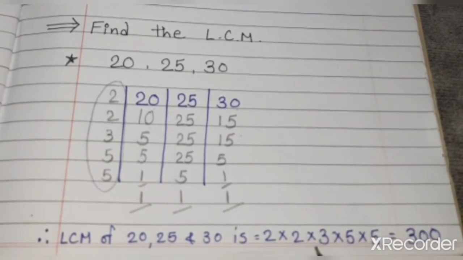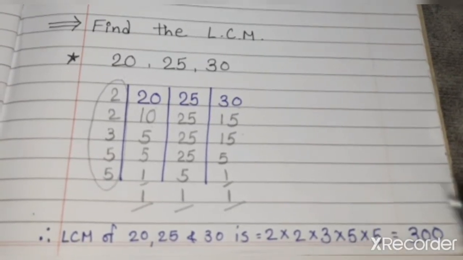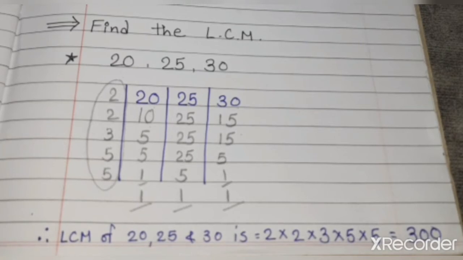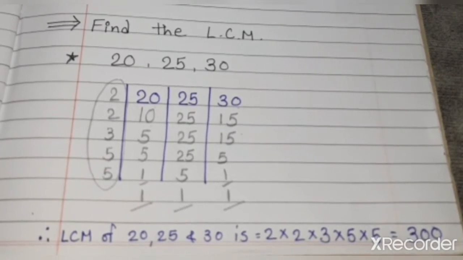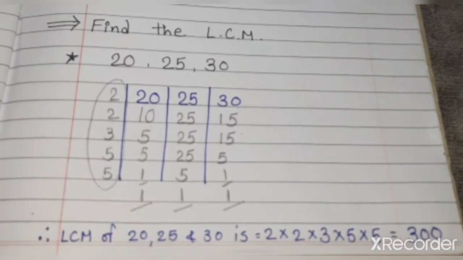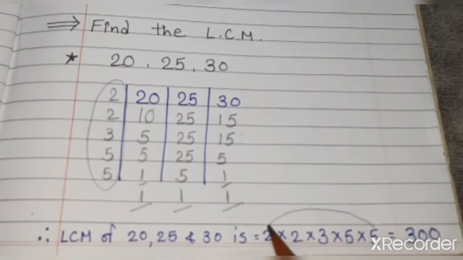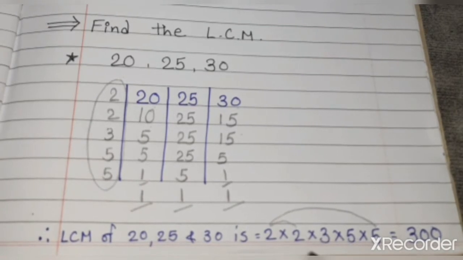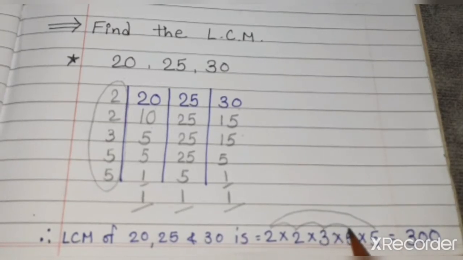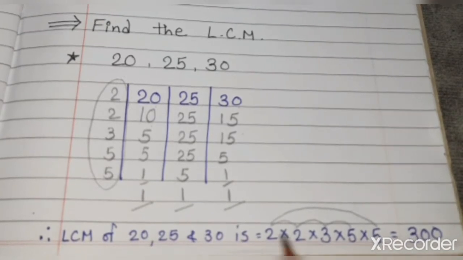Now you will say, ma'am, it is not easy to multiply all these numbers. No, my dear, it's easy to multiply. When you get 5 and 2 in the prime factorization, use these two numbers first. Very easy. Look, 5 twos are 10, 10 twos are 20, 20 threes are 60, 60 fives are 300. I multiplied these two numbers first.